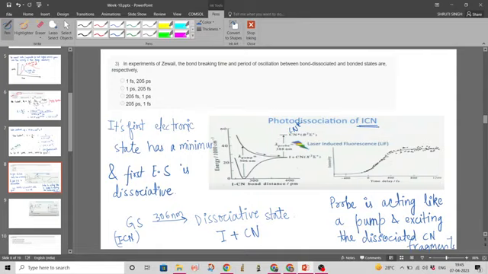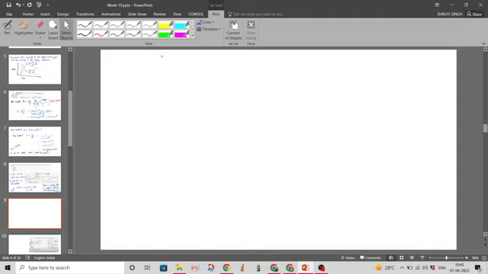What they did in the experiment, they first populate, the first pump light populates the X squared sigma plus state,